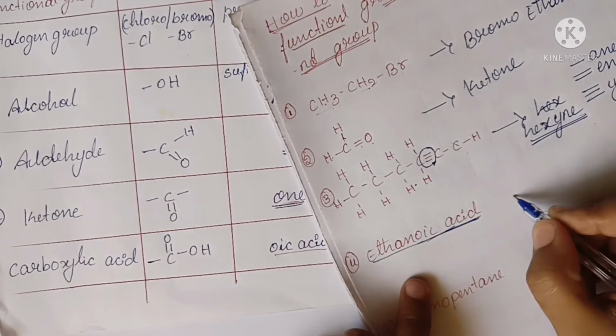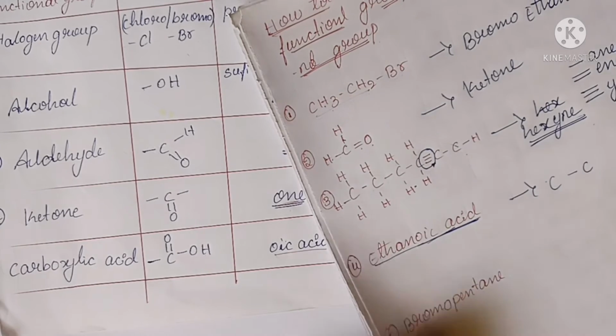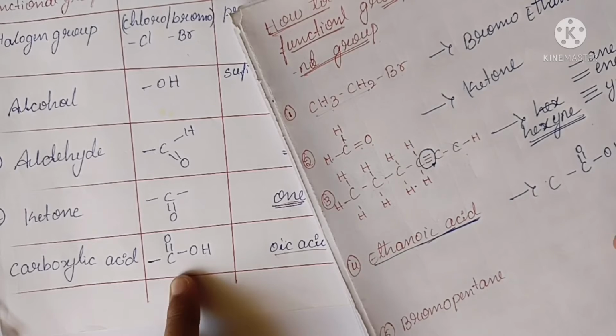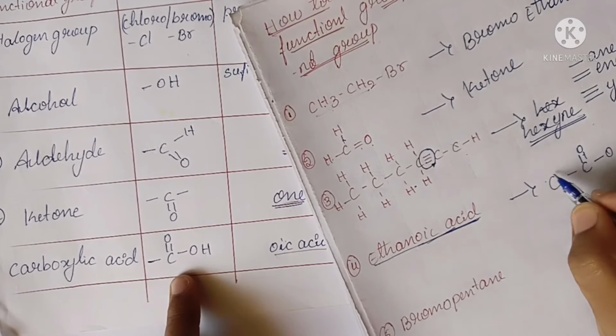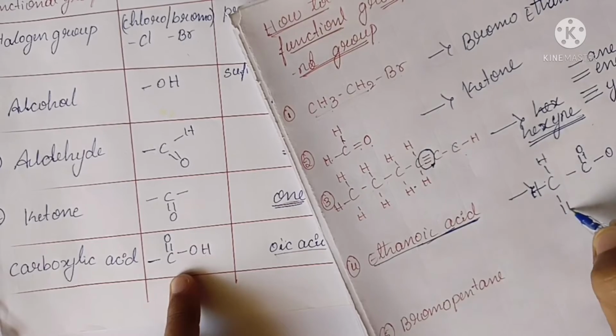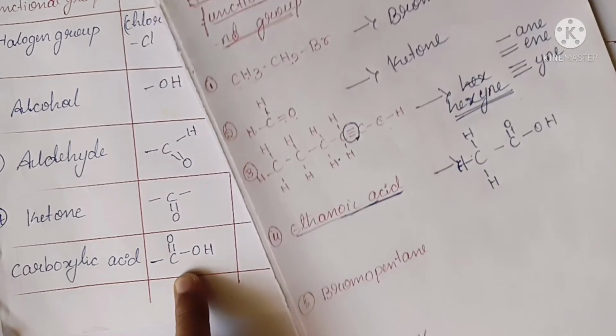So now just write it, how do we have to write? 2 carbon. Write 2 carbon here and write the functional group here. See, satisfied with the 4 bond, and here again we have to satisfy with the 4 bond like this. Completed. That is ethanoic acid. That's it, ethanoic acid. And the next one,